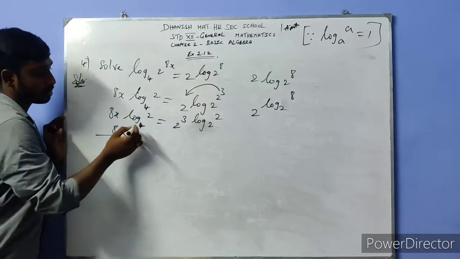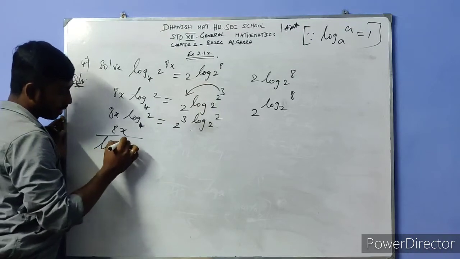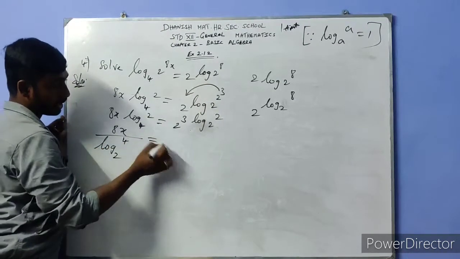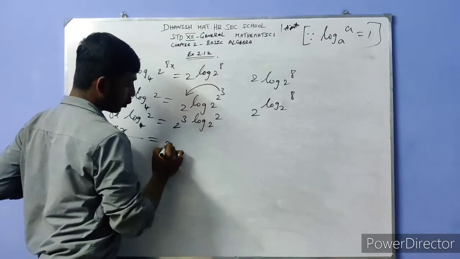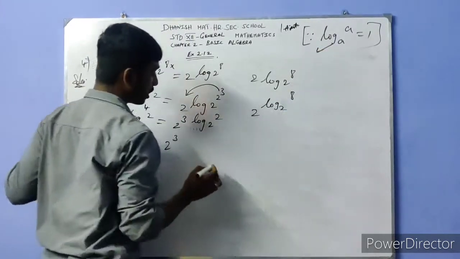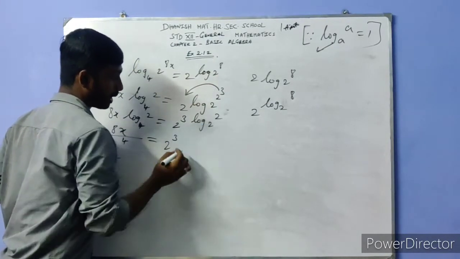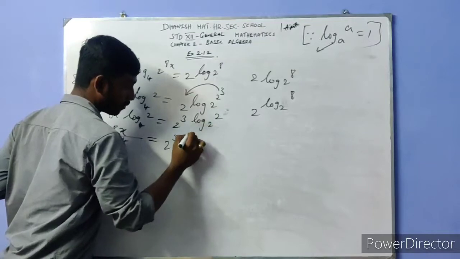So here we are using the power rule method. So what is the power rule method here? The log 4 power will go there, and the 2 will be written like this. Here we are using the 2 cube. Here, log, what is the value of log of the same base? That will be 1, so it will remain the same. So here you have to write like this, just putting 1 here.